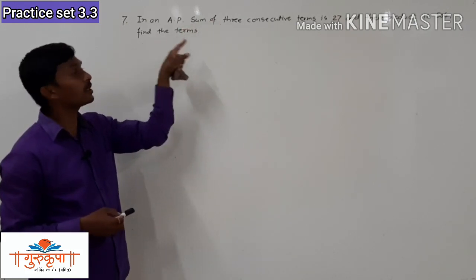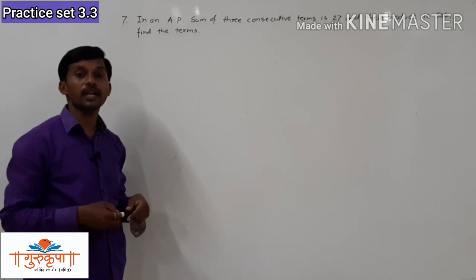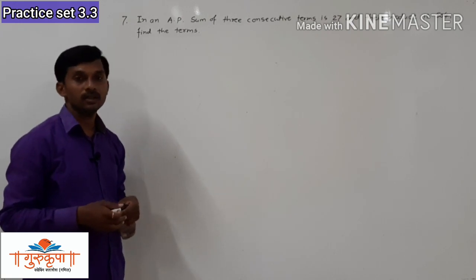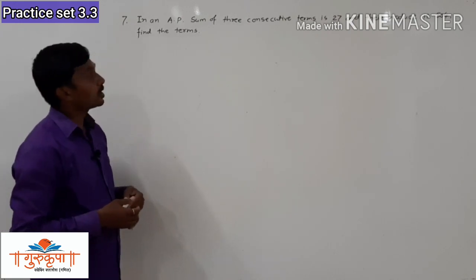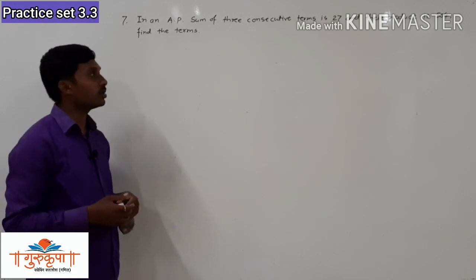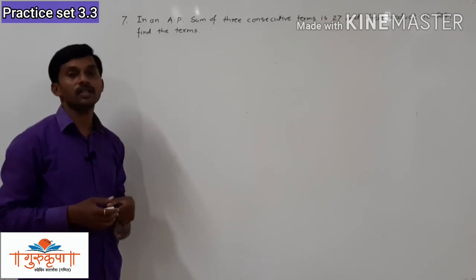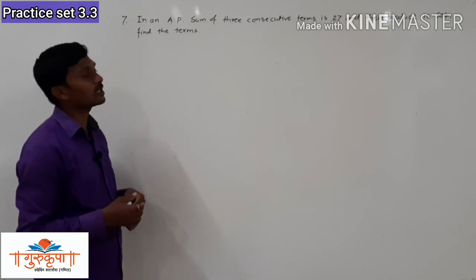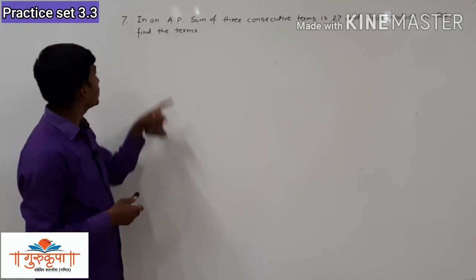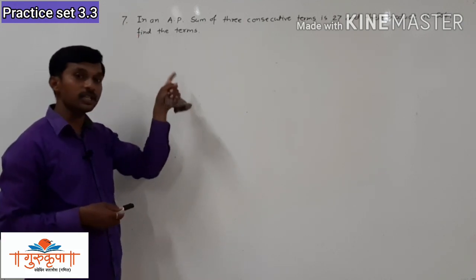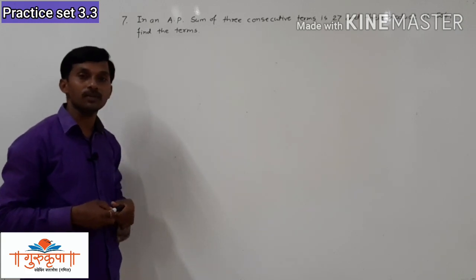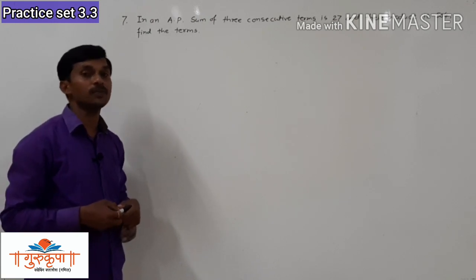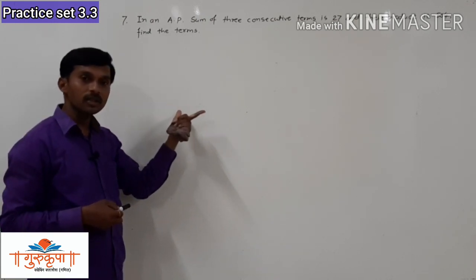we cannot find the values of a and d, and since we cannot easily get the values of a and d, here we have to study a concept which is not given in our syllabus, in our textbook. That concept is not given, but still we have to study that concept. Since we have two examples, this is example number 7 and the next example, example number 8, both the examples depend upon a concept which is not included in this syllabus.